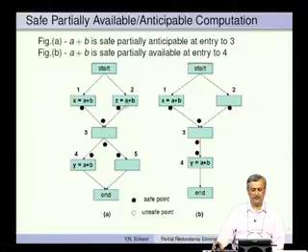The same is true here, A plus B is computed here and it is available right here. At this point it is available along these two paths. So, it is available. At this point same thing, it is available along both the paths, and at this point it is available along both the paths, and of course, it is anticipable also. At this point again it is available along all the paths. So, even though anticipability is not true in many cases, the availability makes these points safe.